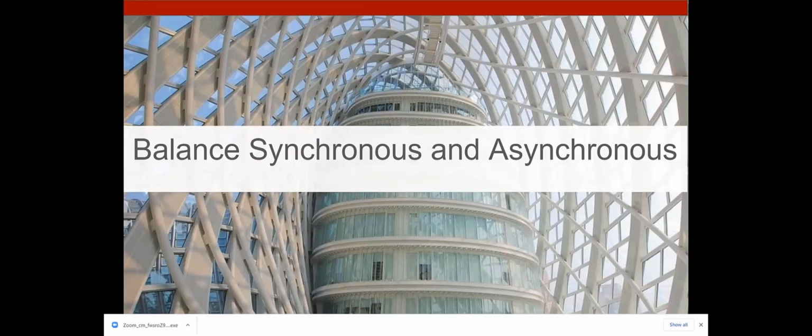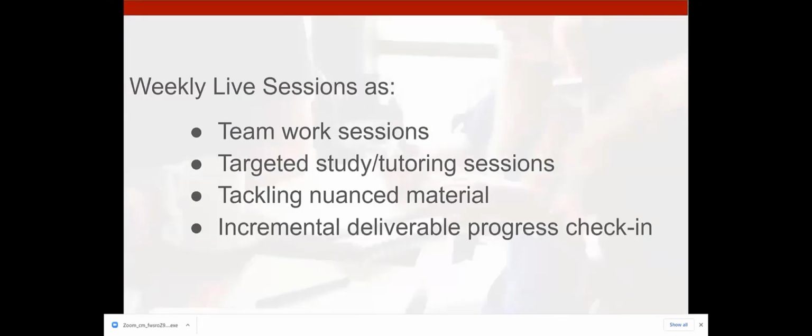I think sometimes we think about a class having to be either fully synchronous or fully asynchronous. And that's really not the case, because you can mix those elements up to create a more ideal learning experience for your students. Research has found that students positively perceive synchronous learning because they receive immediate feedback and they feel like they're part of a community.